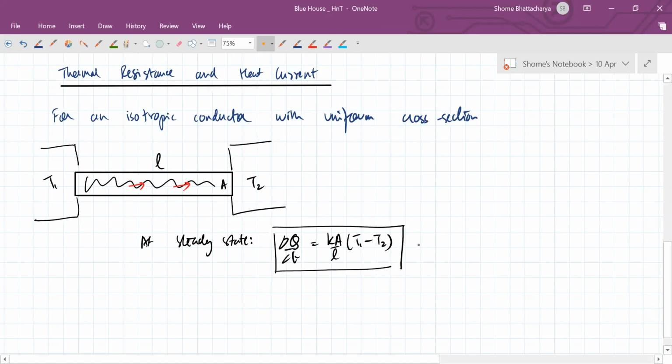So this equation can be interpreted in such a way that heat current is equal to temperature difference divided by thermal resistance,